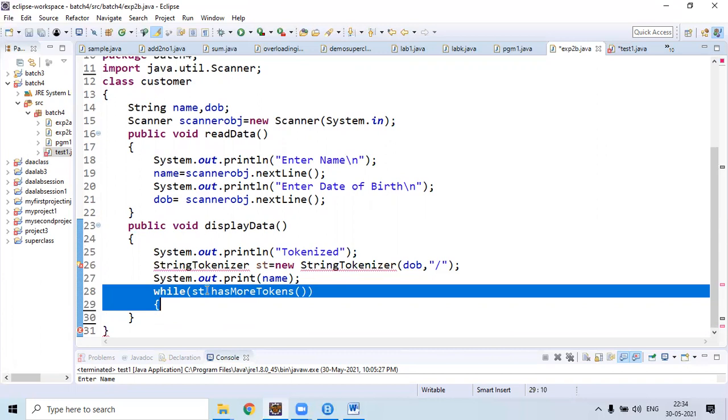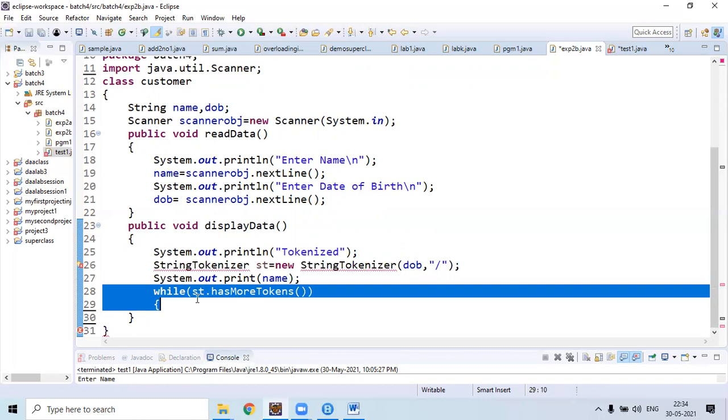We need to take all tokens present in st one by one, then print. In order to check whether st contains tokens or not, we need to call the method hasMoreTokens. Here M capital, T capital.